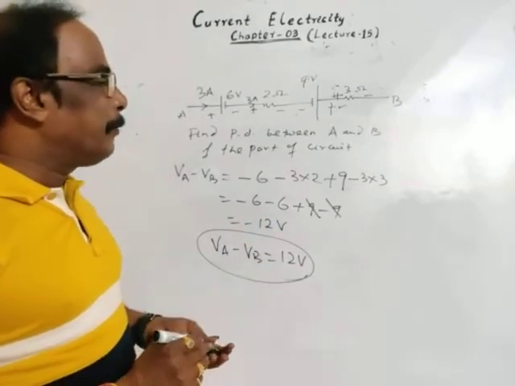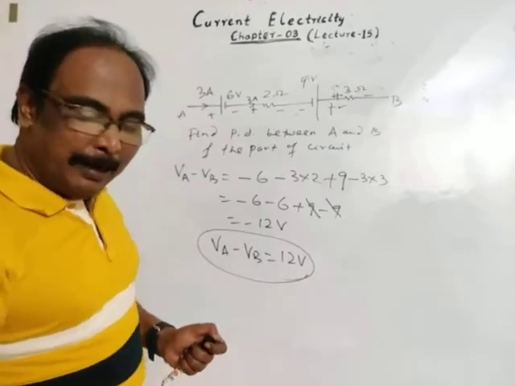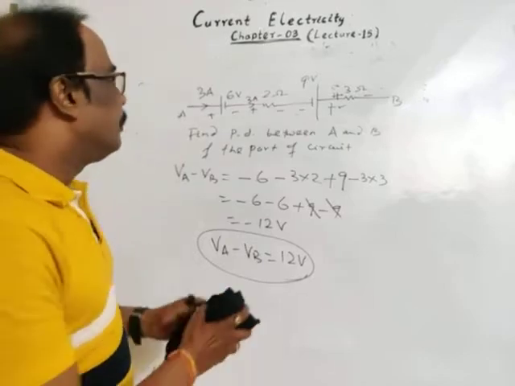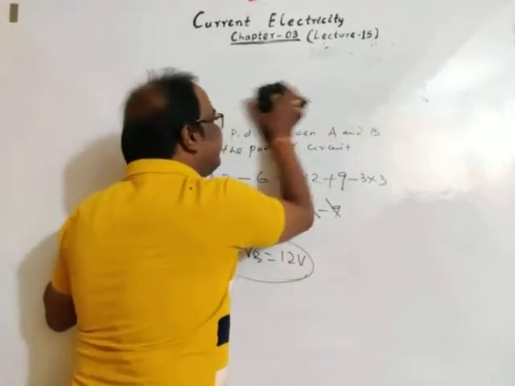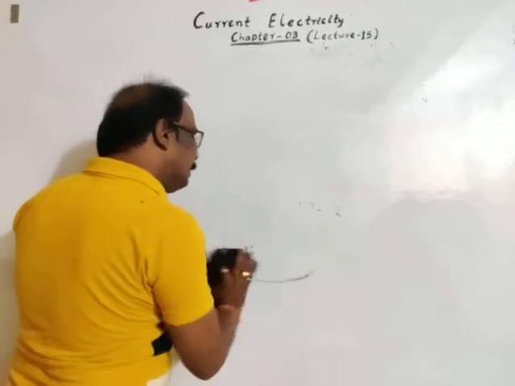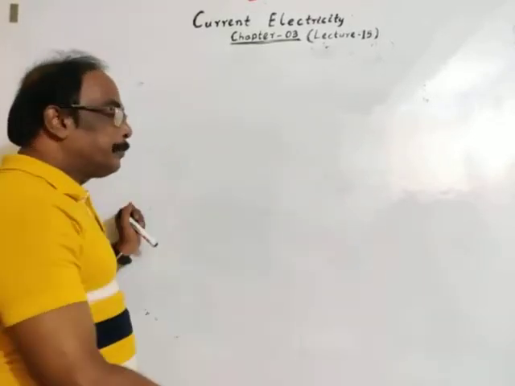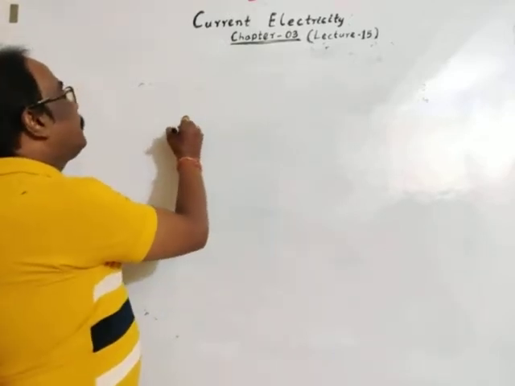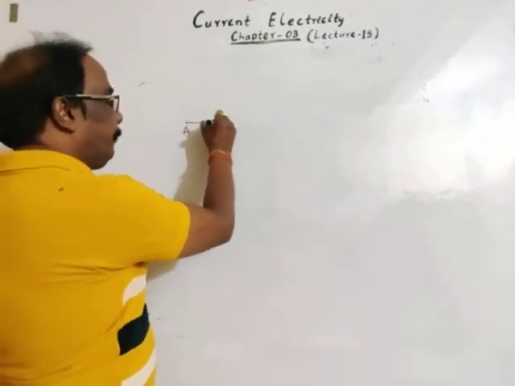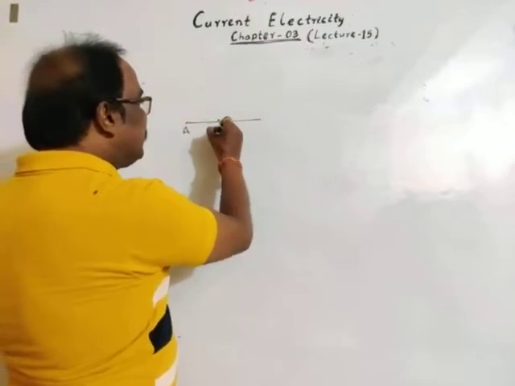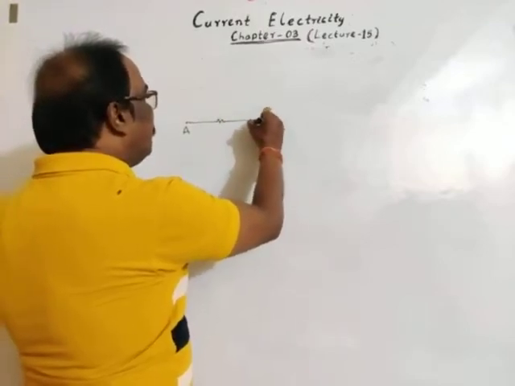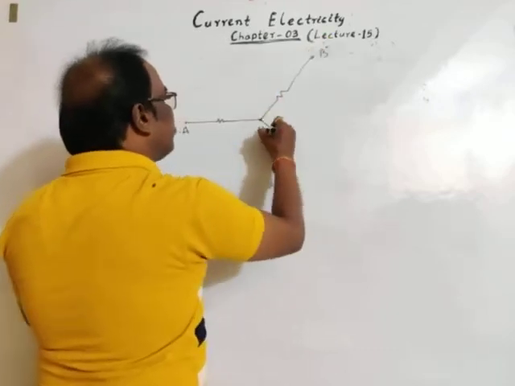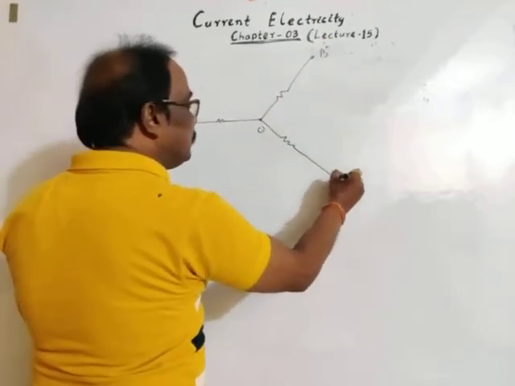So in a similar way, you may apply it in numericals. Now, a new form of numerical, very easy and a common question given in any type of objective MCQ book. Suppose this is also a part of a circuit. We start from A. This is a resistor, this is a point O, this is a point B, this is a point C.